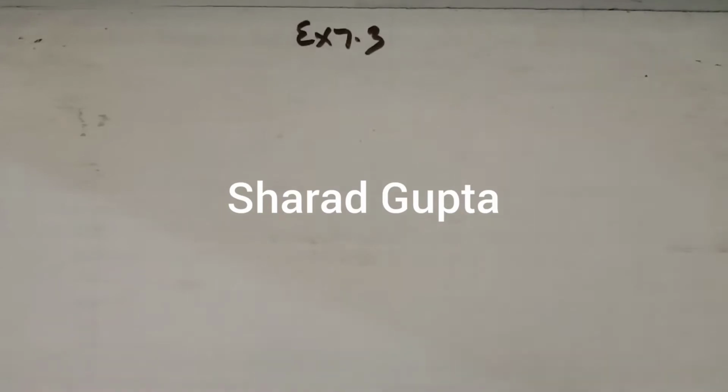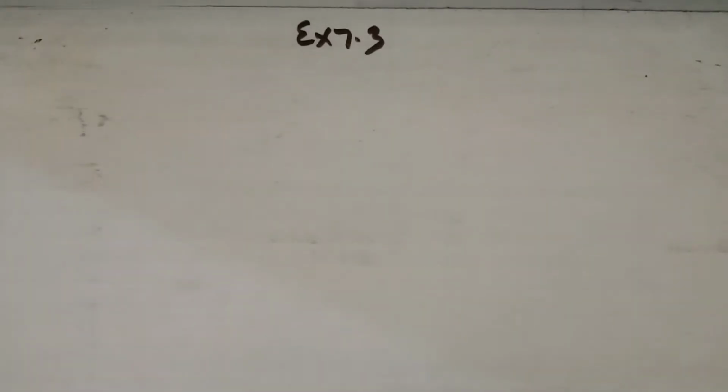This is lecture number 4 for the chapter Permutation and Combination, and we are discussing exercise 7.3. We have done up to question number 9. Now to do question number 10, that is, how many words can you make from the word Mississippi when all I's are never together.